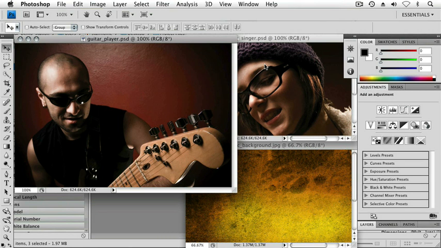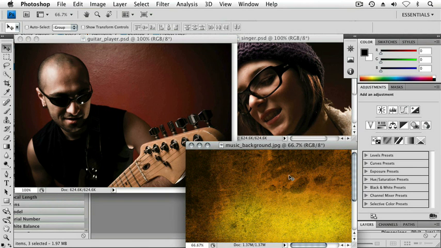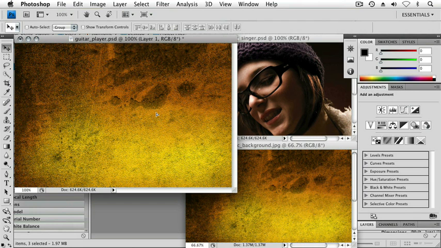Now, I'm going to take some items and just work with them a little bit. I'll create a really simple composite here. I'm taking my Move tool. I'm going to take the background image and drag it on top of the guitar player. Now, that kind of looks crazy. Don't see the guitar player through that, but I'm going to grab the Layers panel,